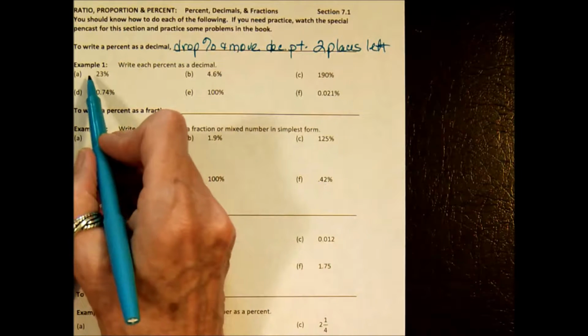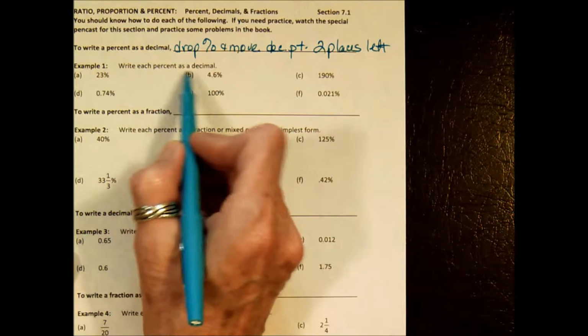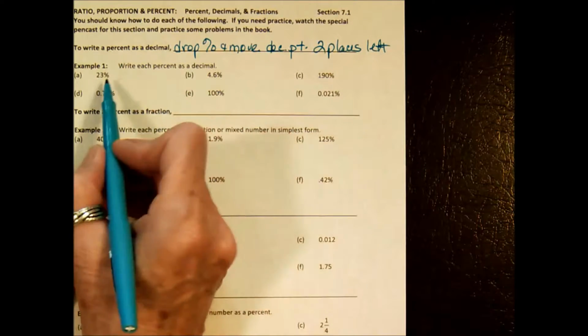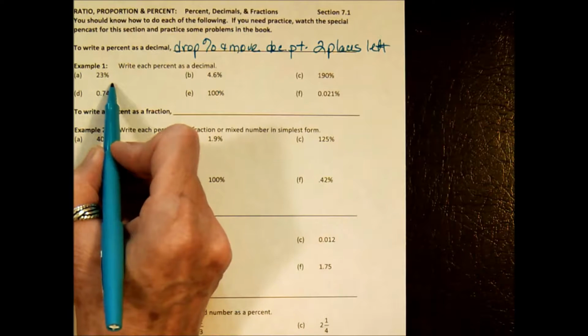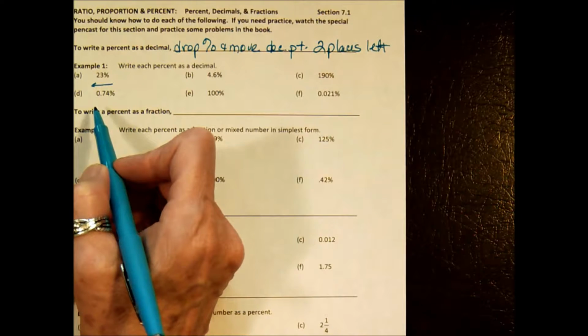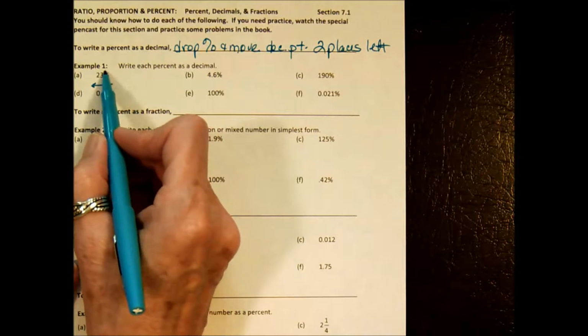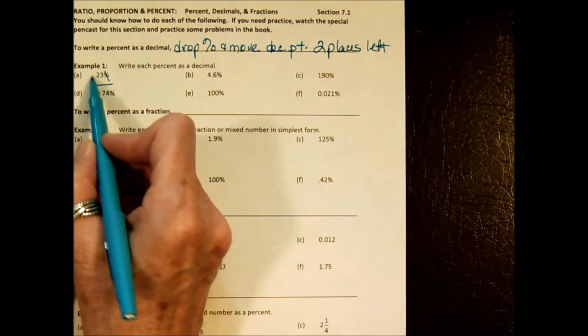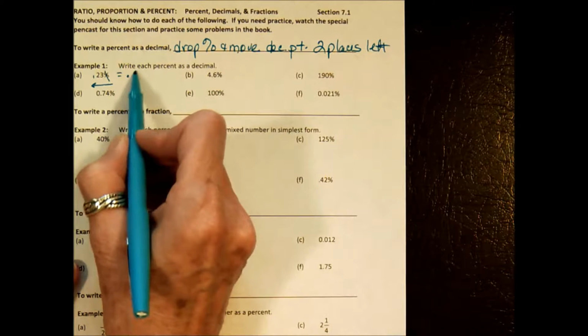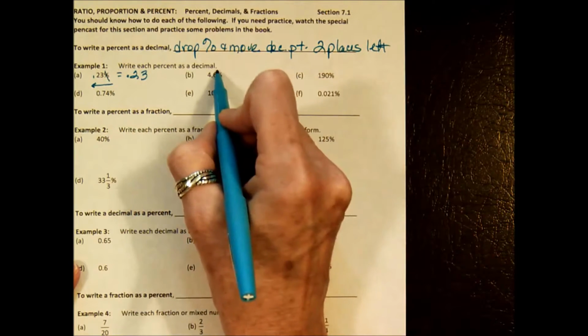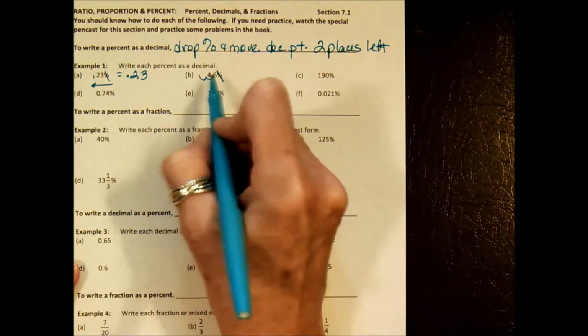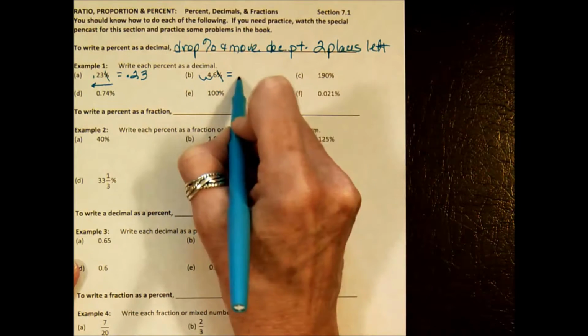So in example 1, we're going to take each percent and write it as a decimal. Since we're going away from it being a percent, we're going to go away from the percent sign. So that's how you remember. You drop it and you move away 2 places. So it's 0.23 or 23 hundredths. Again, drop it, move it 2 places. You're going to have to fill in with a 0,